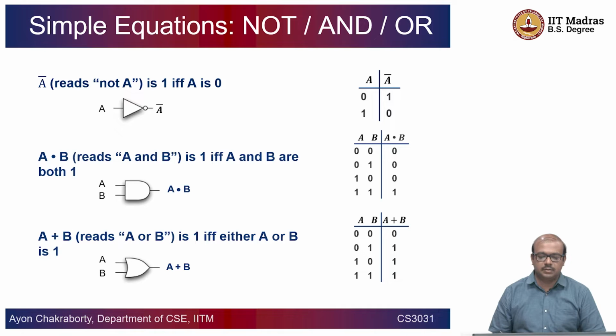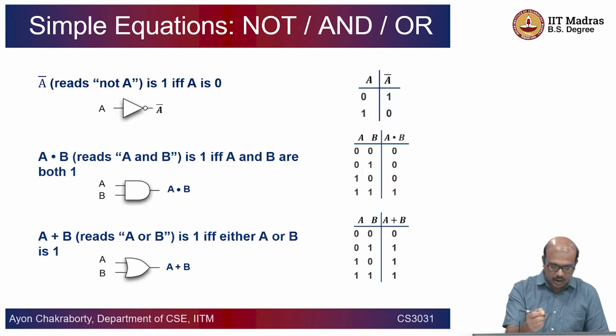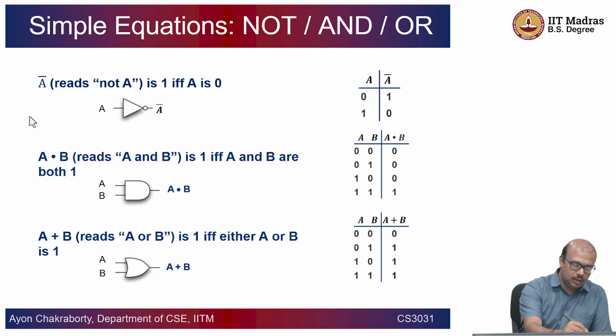We will start with something which is very fundamental. We'll start with these three Boolean algebra equations that are the expressions for NOT, AND, and OR. So these are the Boolean algebra expressions. This is the top part where the text is written. This is typically the Boolean algebra expression,